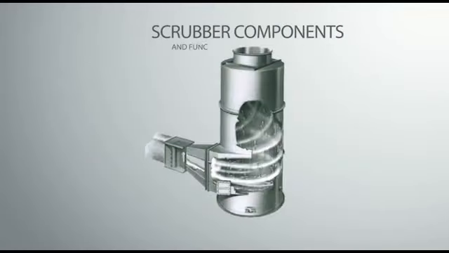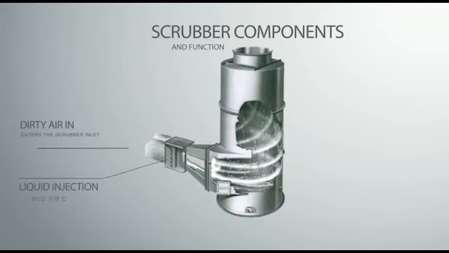Now for a little more detailed look at the scrubber itself. Particle-laden air enters the scrubber inlet. Water is injected into the inlet or contactor section. In the contactor, we use some amount of energy to mix the water and air together. The more energy we use in mixing the air and water in the contactor, the higher the probability that dust particles will touch and become attached to water droplets. In other words, the more power we consume in mixing the particle-laden air and water, the higher the collection efficiency.